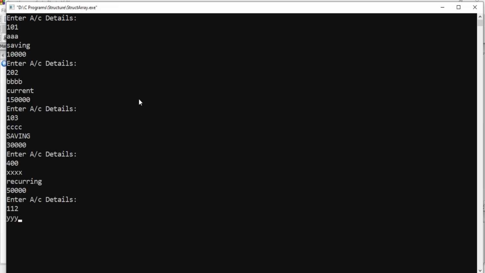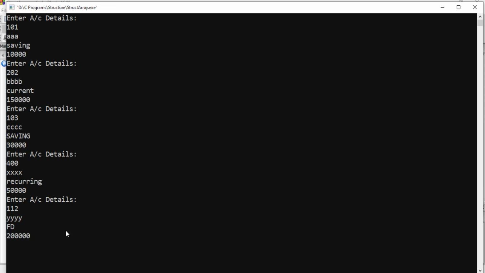Say the account holder name is YYY, and this is a fixed deposit account, so FD, and say the balance is 2 lakh. So we expect A and C as output, because these two are savings bank accounts, right? The rest of the three are current, recurring and fixed deposit accounts.